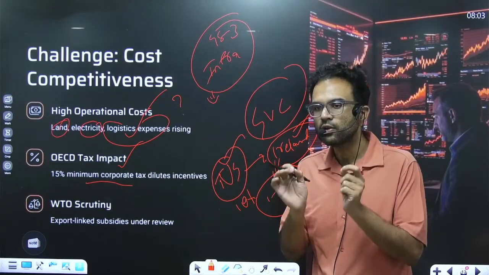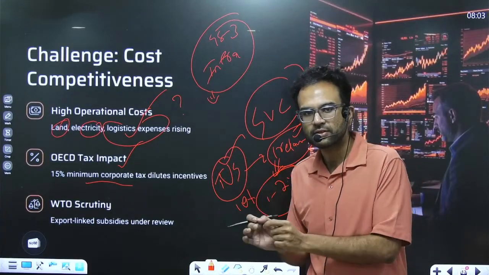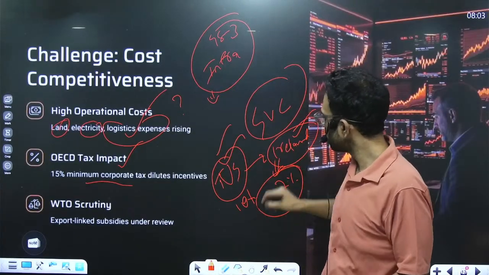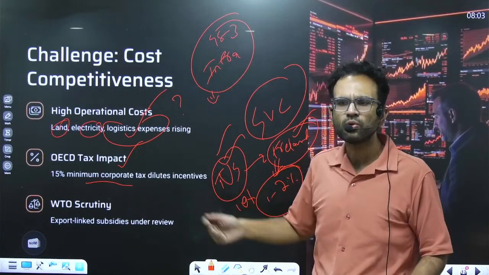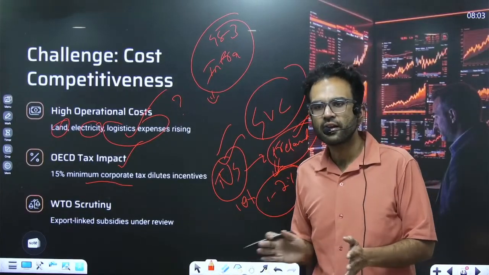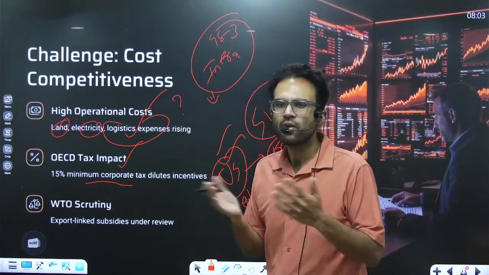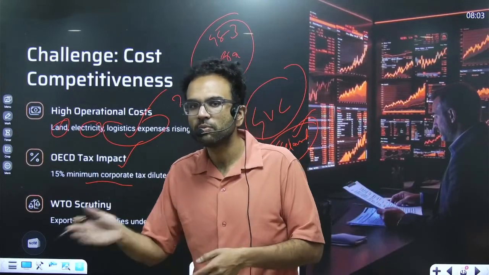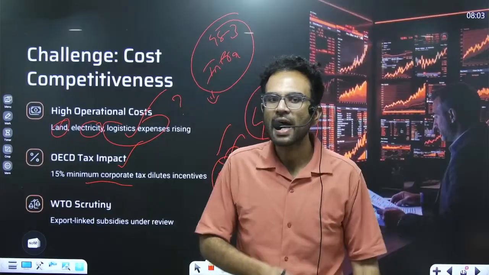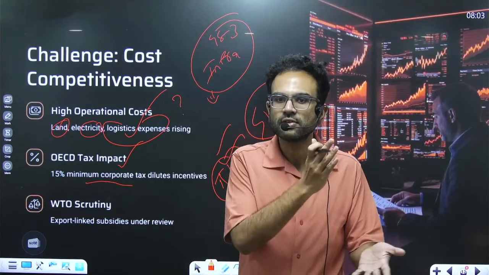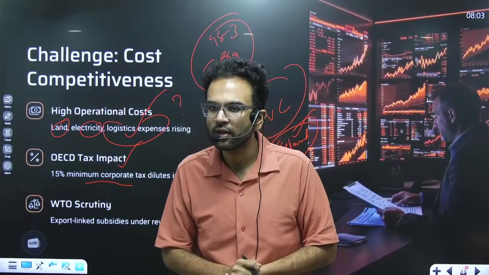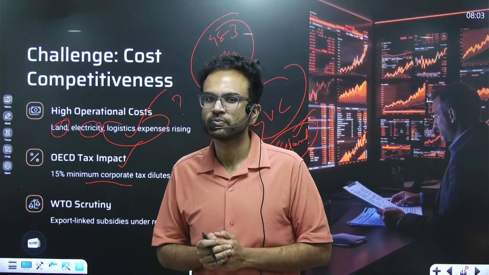This is called the global minimum corporate tax, where the US economy is having 10% and Ireland is having 1 to 2%, and countries like India are having 20%. Why all this headache? Let's have a common minimum tax so that tax as an incentive is removed, so that we focus on actual structural measures like skills, government policies which support R&D, so that there is efficiency.